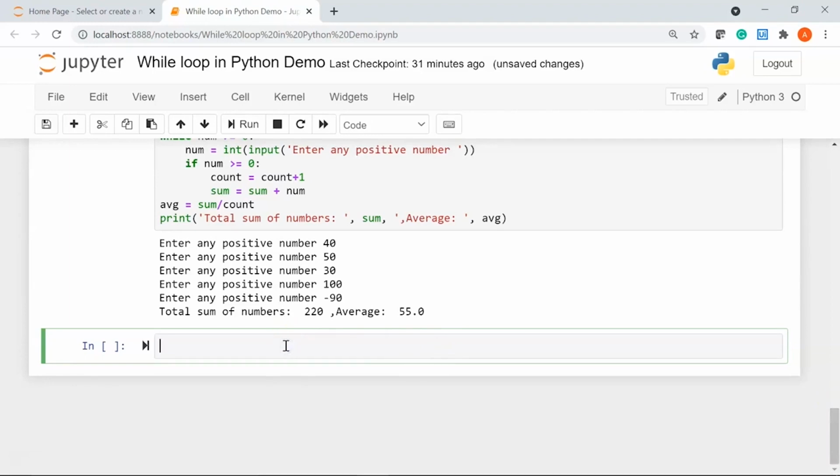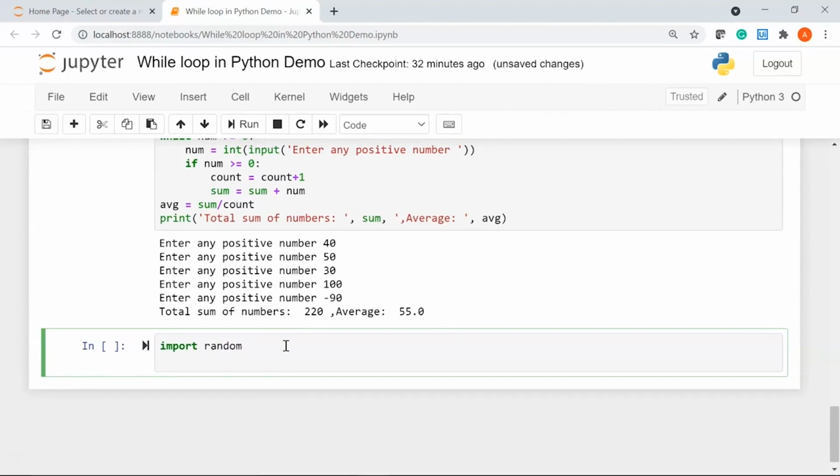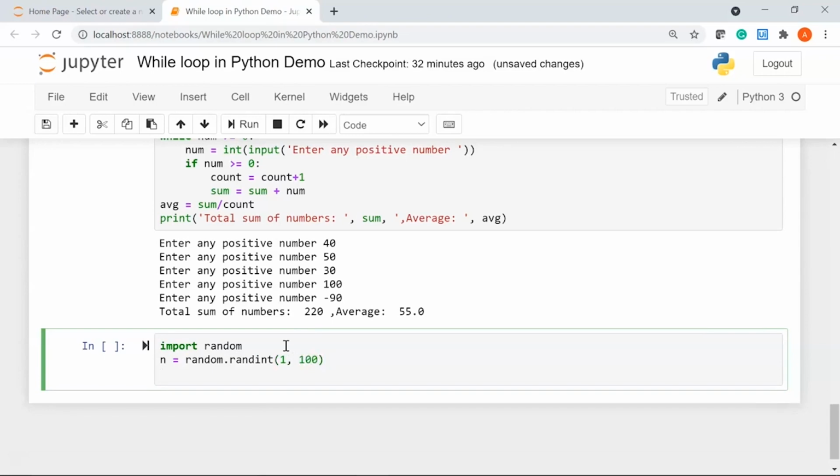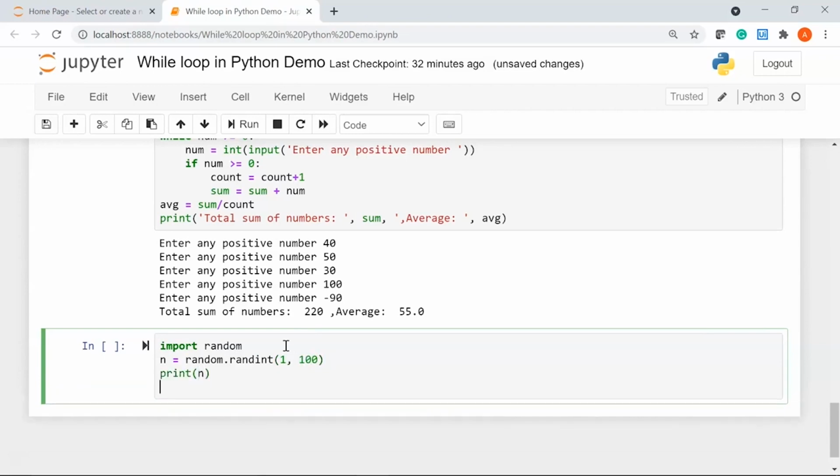Alright, so for that I'm going to start by importing my library called random. I'm going to say n equal to random dot randint, which is a function to generate random integers. I want to generate between 1 and 100. Let's go ahead and print that number n.